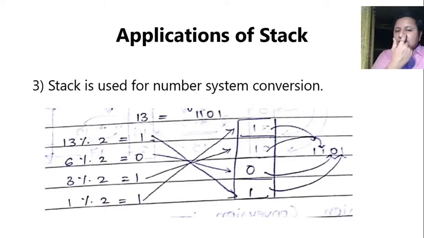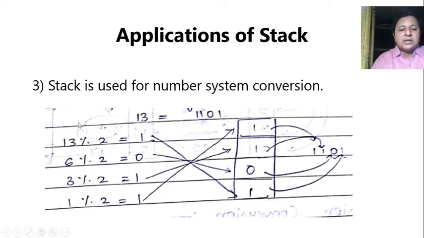The next application of stack is for number system conversion. Here we have taken the example of the binary number system. See, why do we need stack here? Because let's say for 13, the expected output is 1101, the binary representation of 13. But when I do 13 mod 2, and div 2, mod 2, div 2 till it becomes 0, the problem is I get the remainders in the reverse order. And that's the reason we make use of stack.